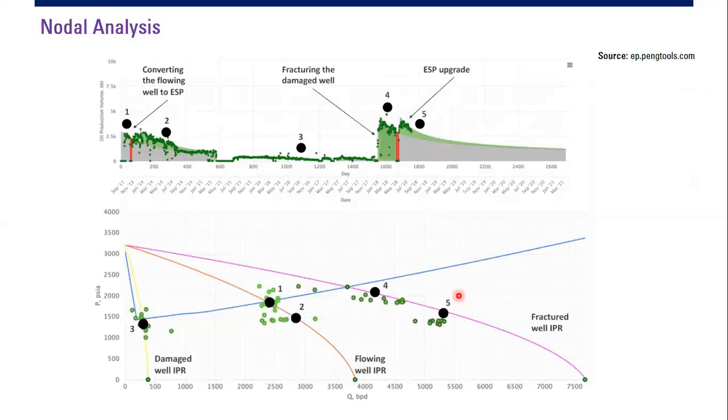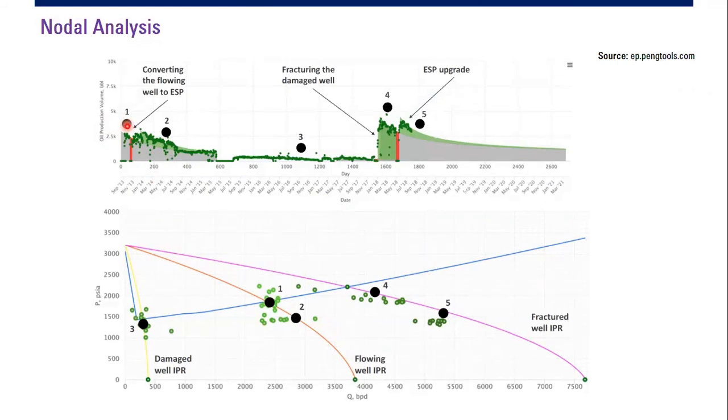And this is the story of the IPR, how it describes the historical performance of a well. So let's say we start from point 1, and this point 1 has the IPR of this orange line. Now because I know the performance of this reservoir and well, I want to equip the well with an ESP so that I can obtain a higher flow rate.